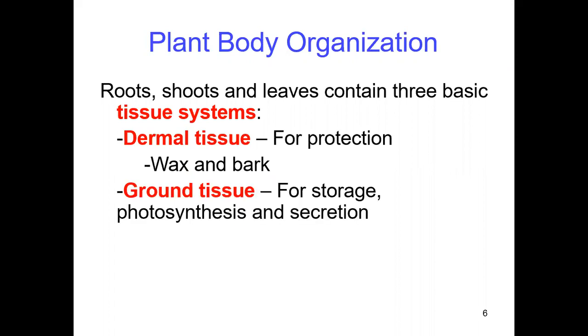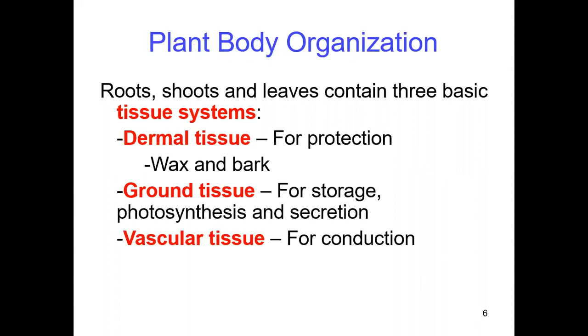Next is the tissue system called the ground tissue system. Below this dermal tissue, this ground tissue system arises. Especially this we call the cortex, hypodermis, like here. This tissue system is full for storage of food material, and some tissues are used for photosynthesis also, and this tissue also contributes to the secretion of some kinds of secondary metabolites.